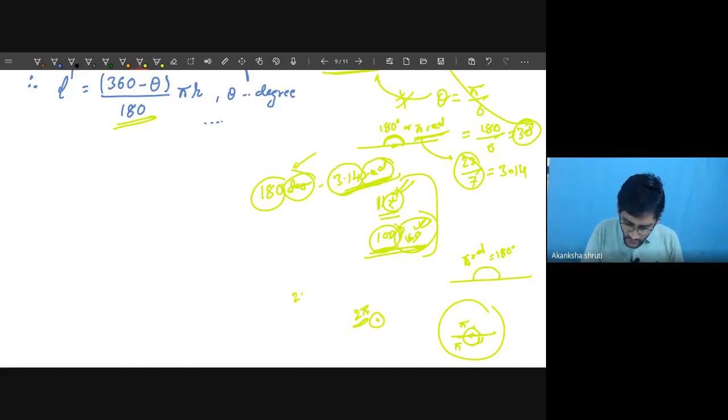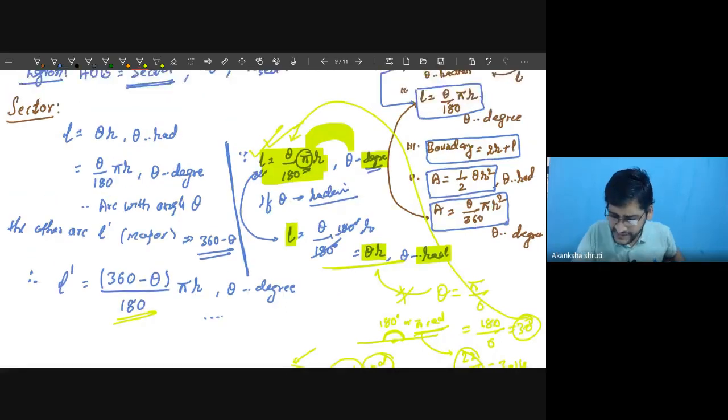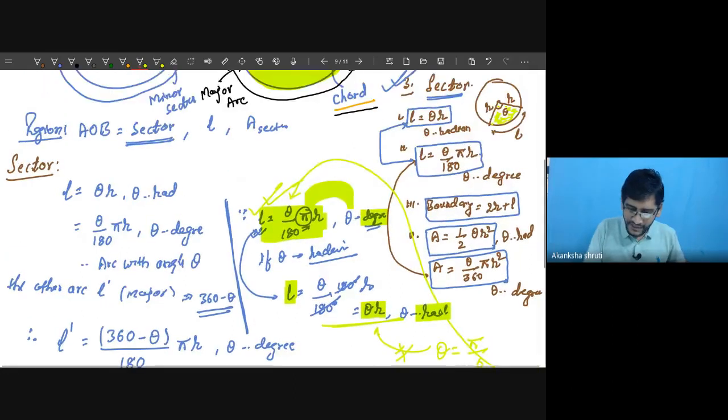But if there is 2 pi, then only we are using this 360. It means 2 into 180, which is our 360. So wherever 2 pi is there, we are using 360. Like in this formula you might be getting area. In area the entire circle is considered, for that pi r square, so 360 is coming. For the circumference of the entire circle, the angle is 360, for that 2 pi r. So for only pi, 180 is coming.